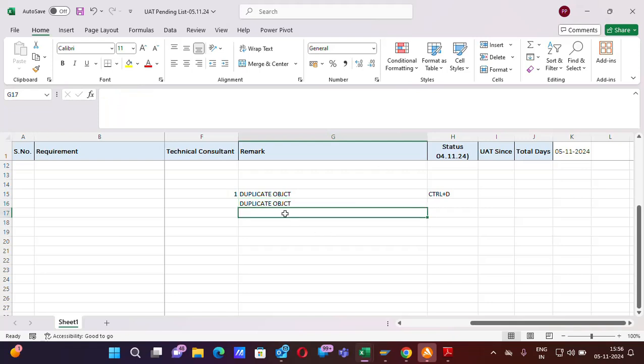Again I want to duplicate. Again I will put the cursor here and press Ctrl plus D. Got it? So Control plus D is to duplicate any object. Got it? Okay. Second one is